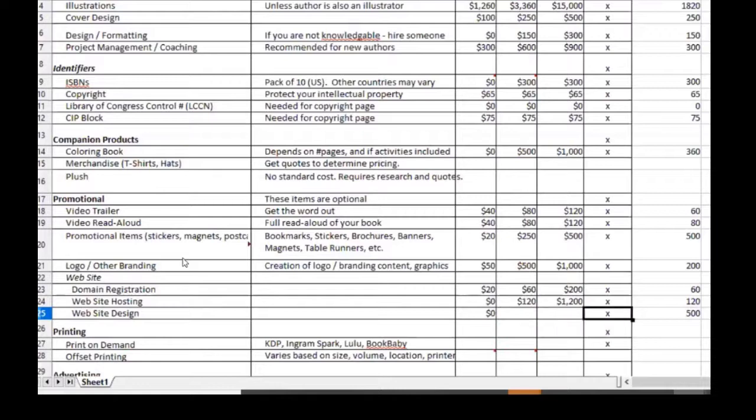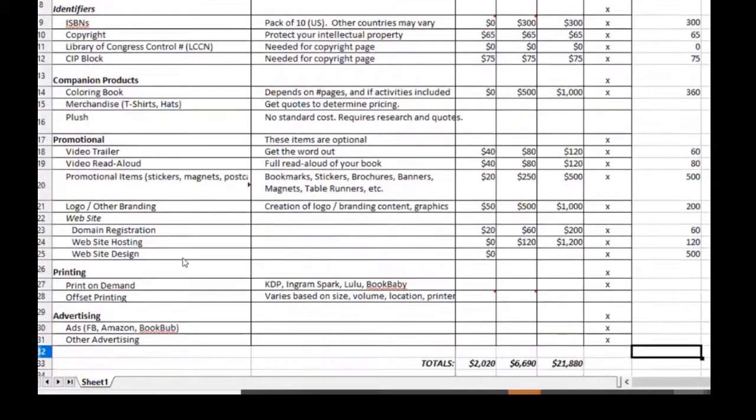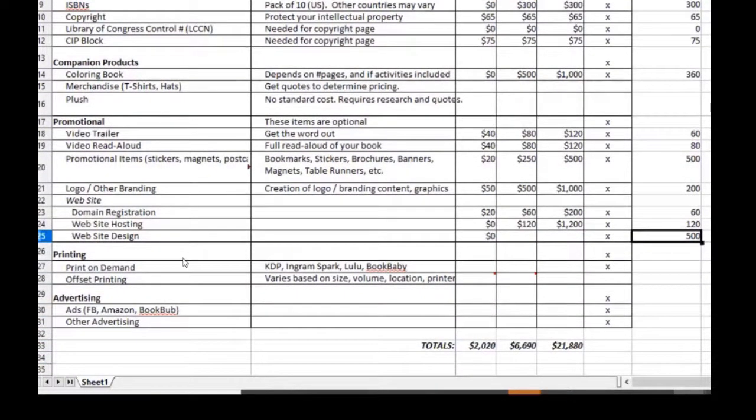I prefer to not budget anything for this and just maybe get some additional banners created and things like that for your website. Maybe $250 to get some graphic design help or something. If you are going with print on demand, you're not putting money out of your own pocket to do the